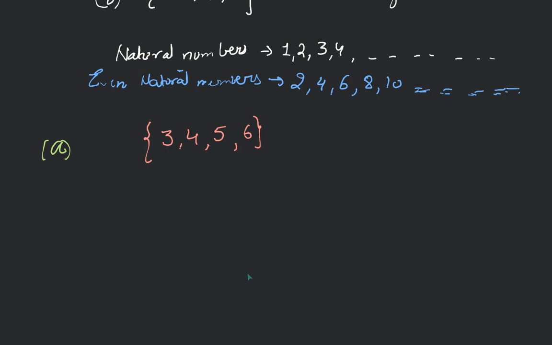Or the last option, the set of even natural numbers. Since we have odd numbers also, the fourth option is also not correct. Only the first option is correct, the set of natural numbers greater than or equal to 3. So we have taken 3 since it is written greater than or equal to, and we have included 6 at the end because it is written less than or equal to. That's why for the A part, the first option, the set of natural numbers greater than or equal to 3 and less than or equal to 6, is correct. Okay,